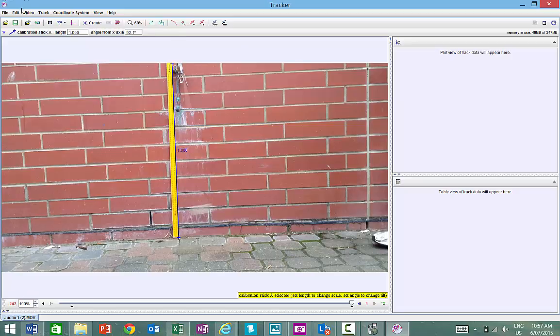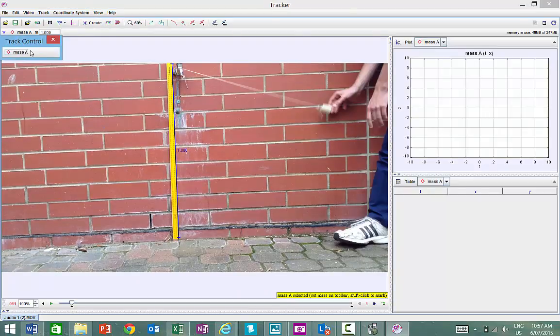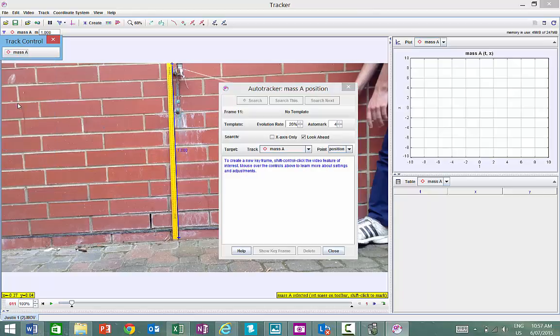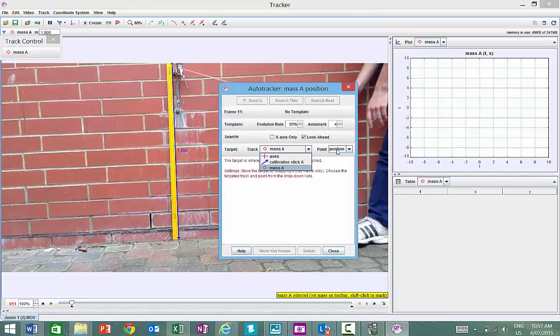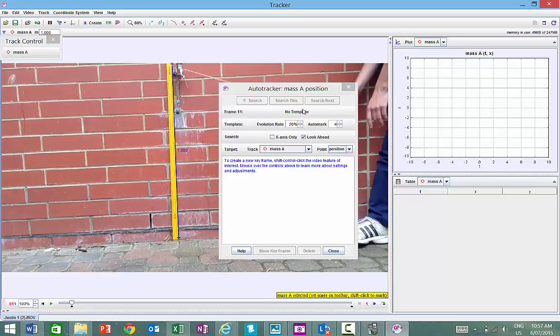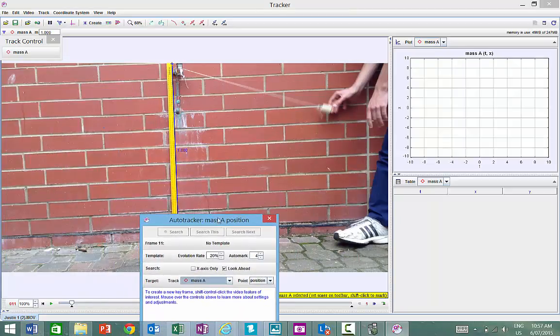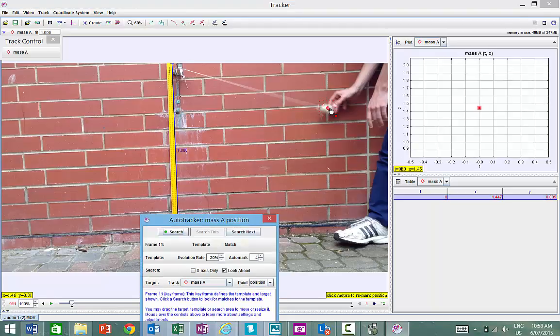The next thing I need to do is insert a point mass. Okay, so I'm going to do a new point mass, and that will give me one thing over here. Click on that, and what we want to do is an auto track. So if we click over here, auto track our point. Now I'll probably bring that down the bottom here a little bit. So we have to hold our shift and control key and click on the point that we want to auto track. Okay, and that's there. So if we go search,